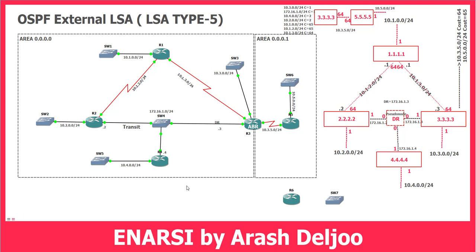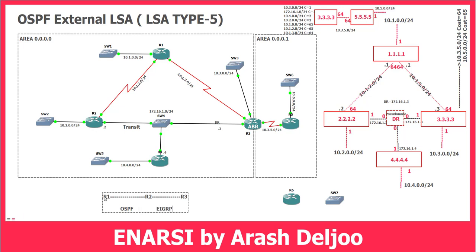Actually, we have a feature we call redistribution. When we want to import routes from another routing protocol into, for example, one routing protocol, we call it redistribution. Let me show you. Assume that here we have router 1 connected to router 2, and then router 2 connected to router 3. Assume that between router 1 and router 2 we have OSPF, and between router 2 and 3, for example,